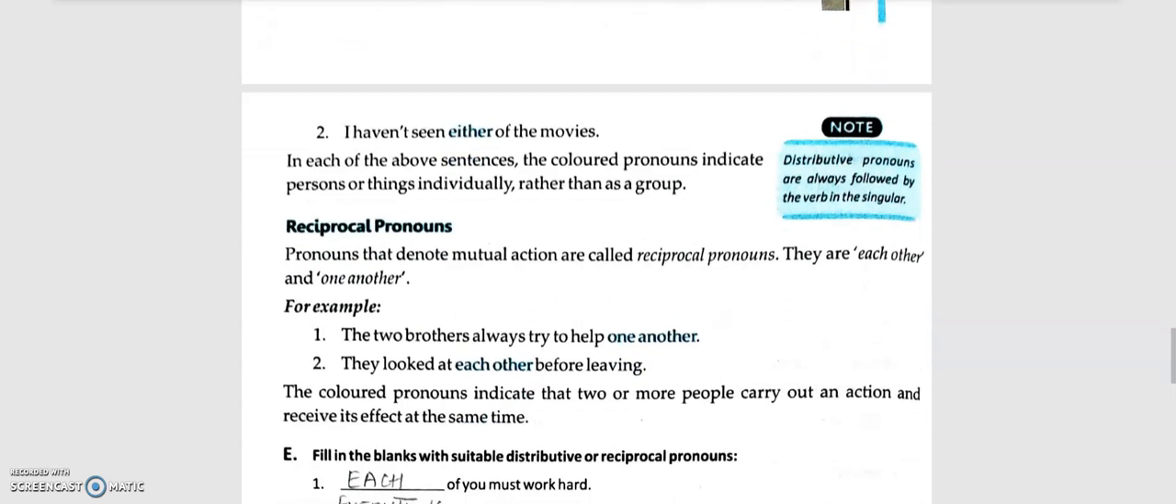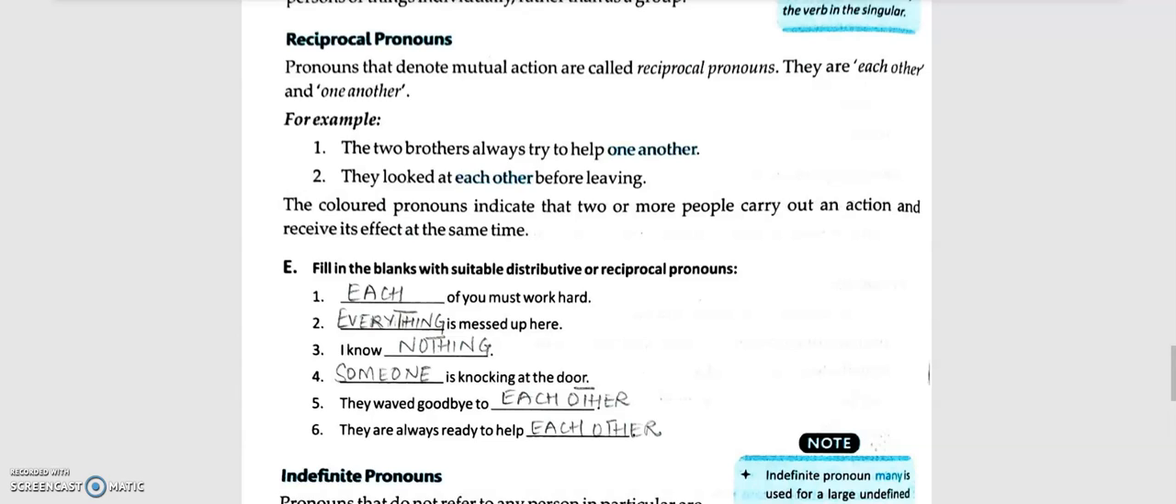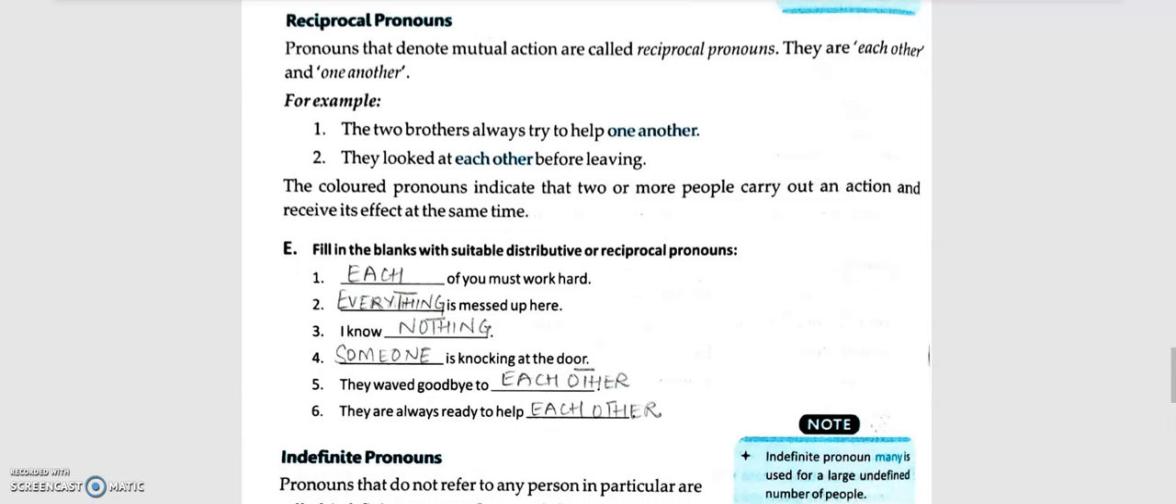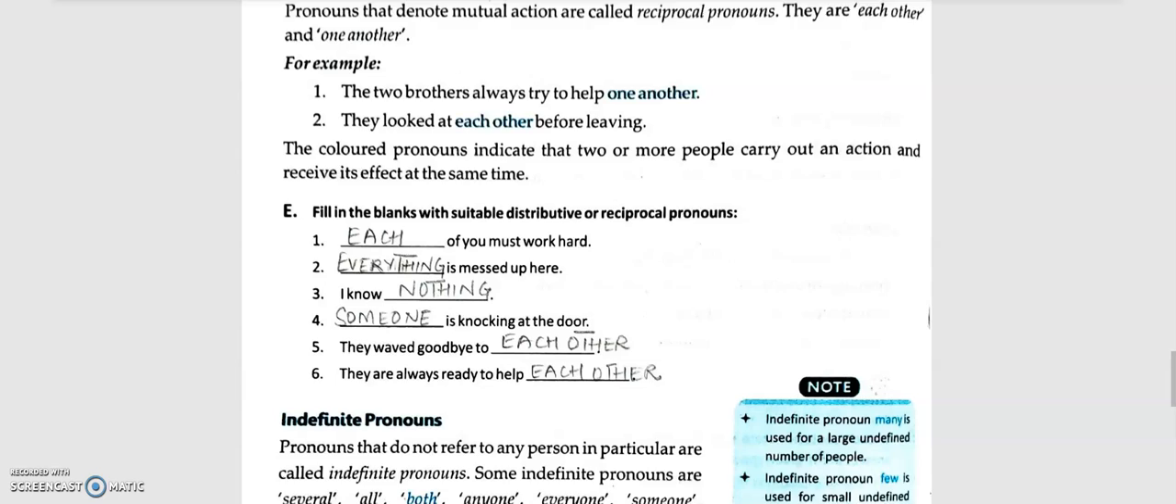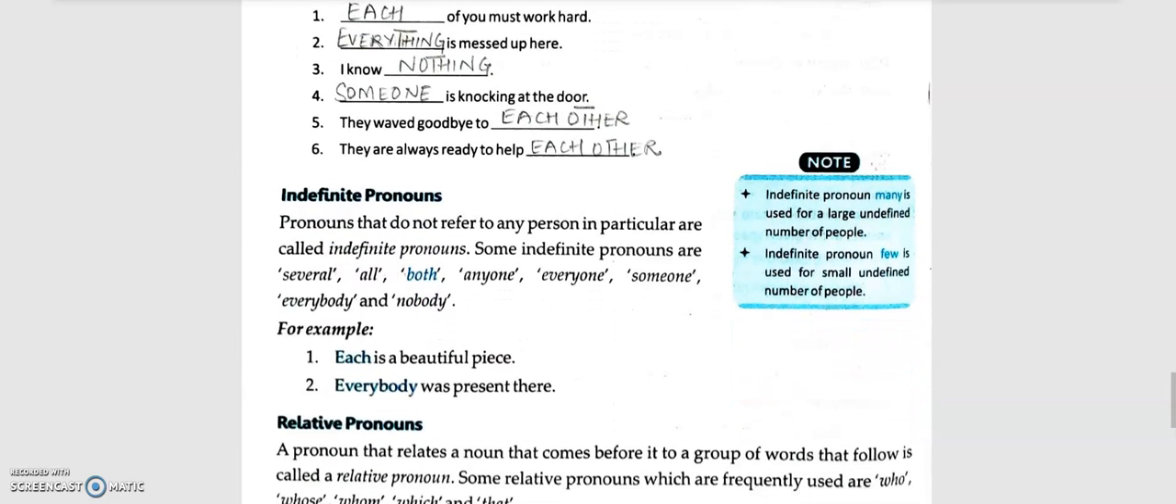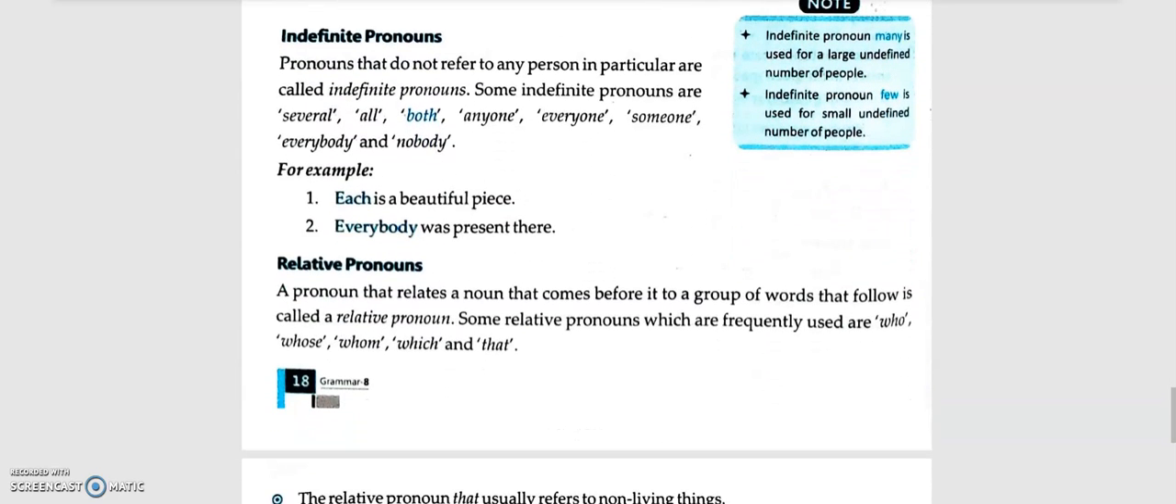That is about distributive. Now reciprocal pronouns, pronouns that denote mutual action are called reciprocal. That means when there is a mutual action, that is each other, both of them will help one another. That is where we have reciprocal. So we have the exercise also. And then we have the indefinite pronouns and relative